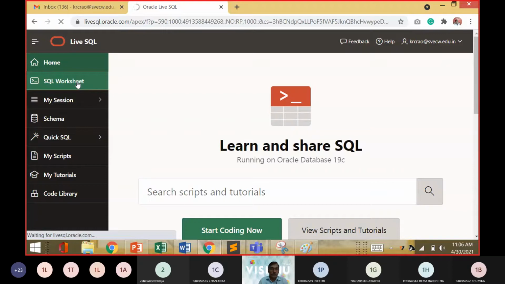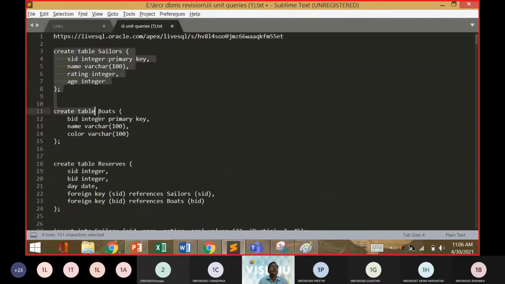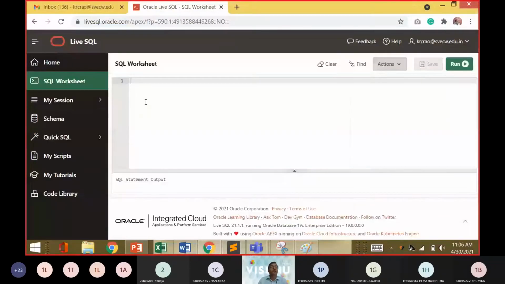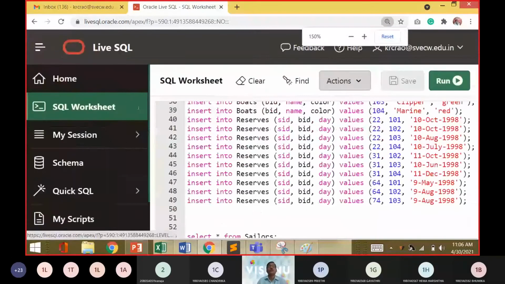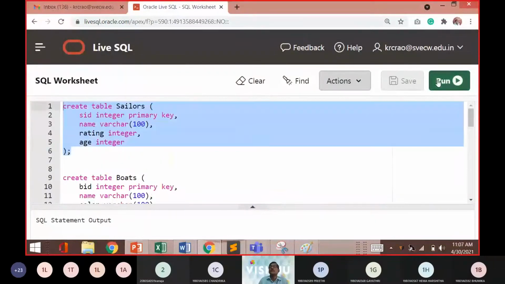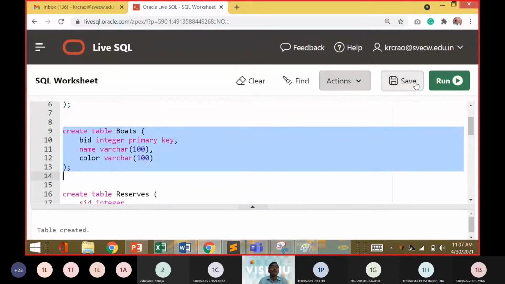These are the routine steps what we have to undergo towards bringing up. So we should go up to these 3. Until these 3 are not done, we can't execute even a single query. So this is the foundation here for the entire exercise. So first we should have Sailor table, that is condition number 1. Next we should have boats table. So we have to create a boats table.